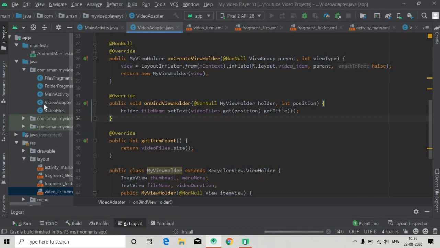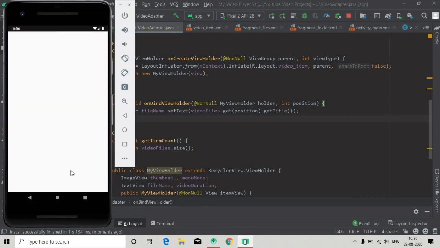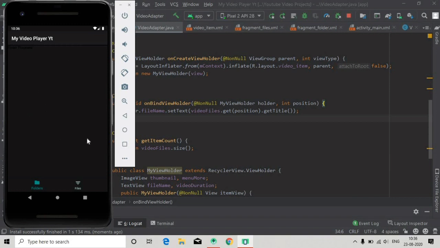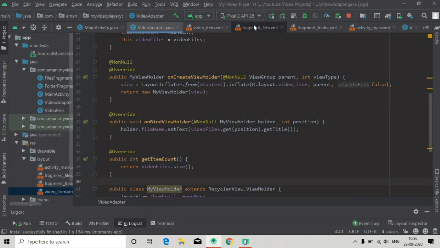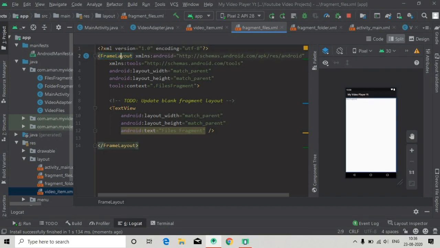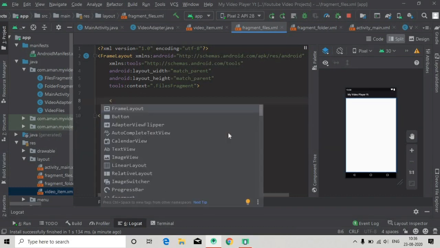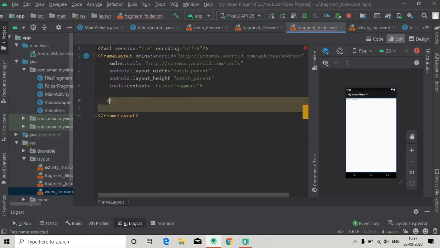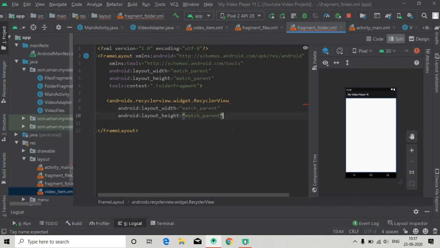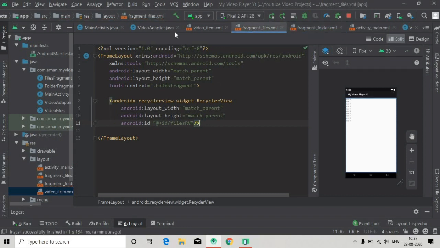And now if we run the app, we will not see any of the file names because we haven't called that adapter. So first of all we have to call the adapter in our video fragment, and for that we are going to first add RecyclerView here, fragment files RecyclerView, and also giving an id to it, files rv, and here in fragment folder also adding a RecyclerView, match parent and id, let's say folder rv. And now just closing these open files,